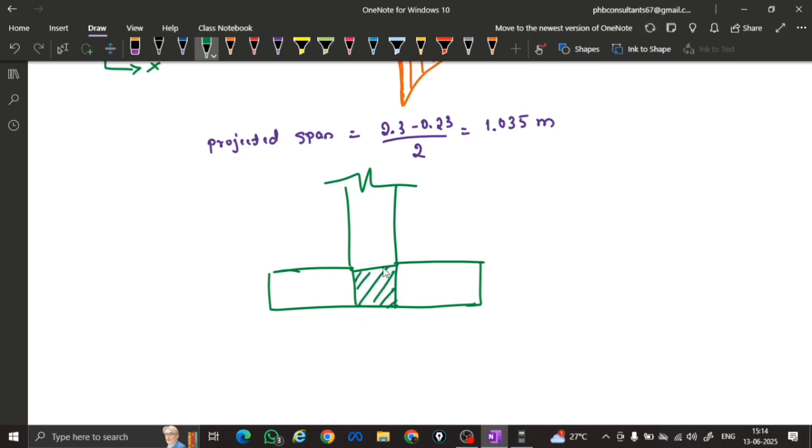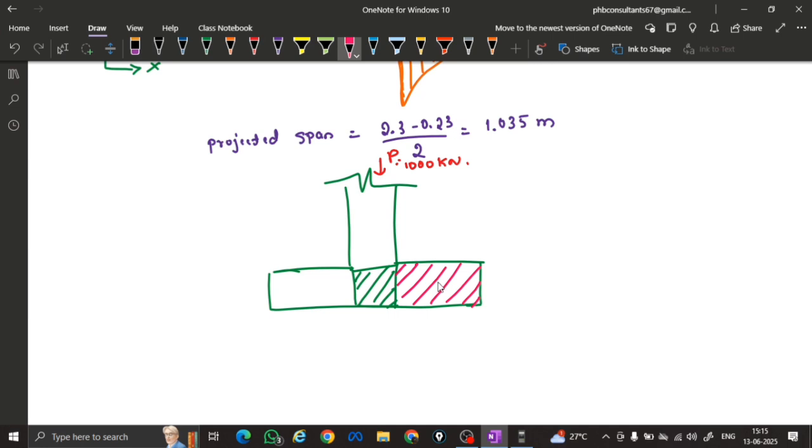This stiff area portion won't be influenced, because this area is infinitely stiff, so it won't get influenced by the action of this column load of 1000 kilonewton. Okay, so only this portion is in flexure due to the load,